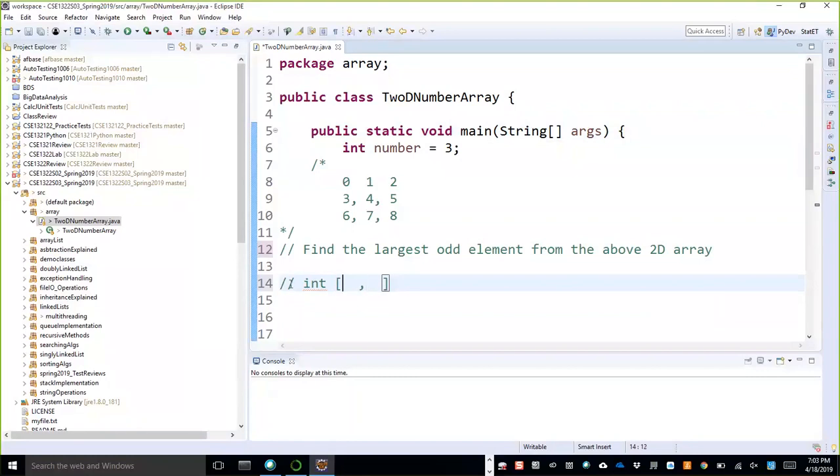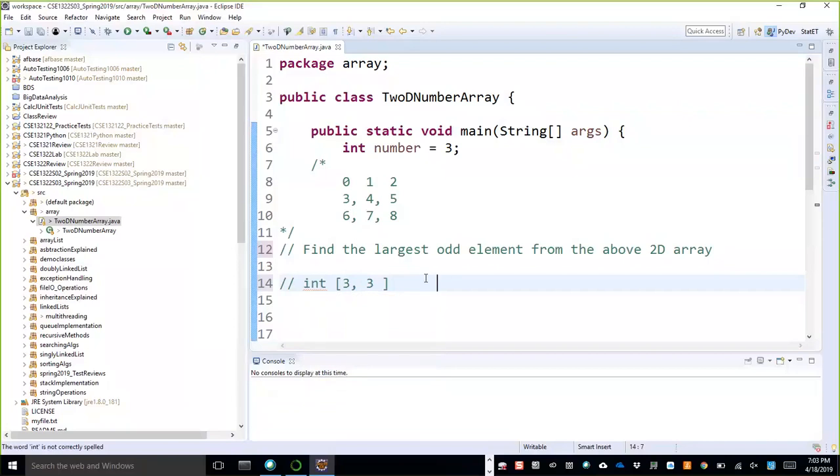So this will be the number where here I will put the number of the rows. How many rows do we have? 3. So apparently it will be 3. And then the next one will be the number of the columns. How many columns do you have? 3 columns. Then this is 3 by 3. That means this is a two-dimensional array, right? Then this is my type.